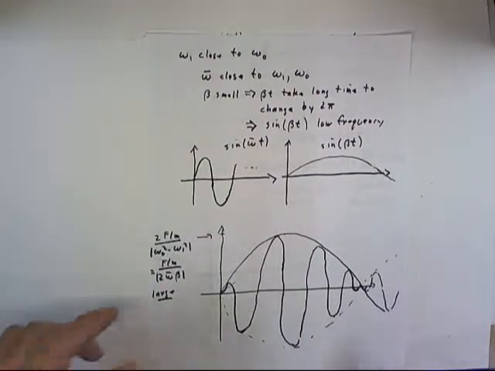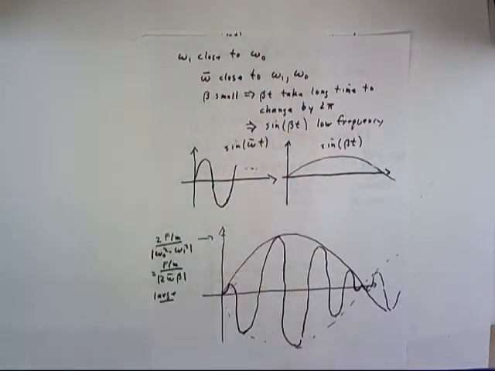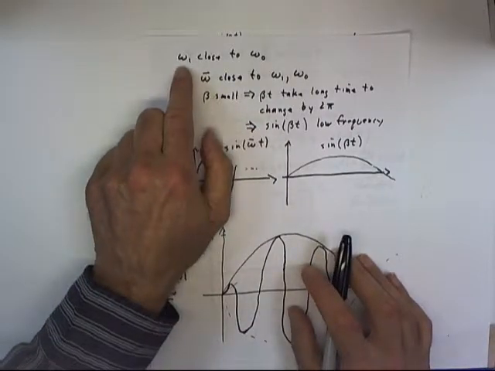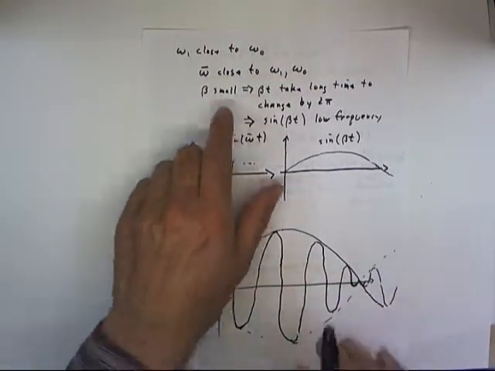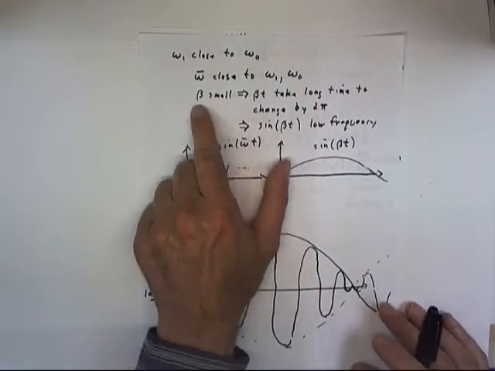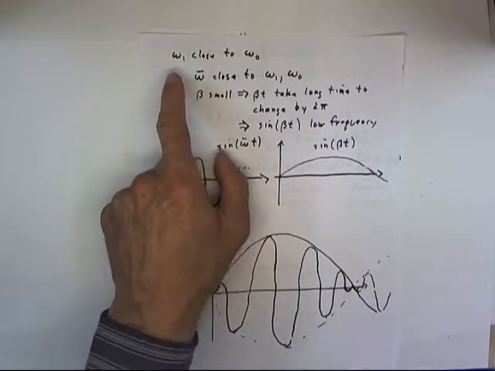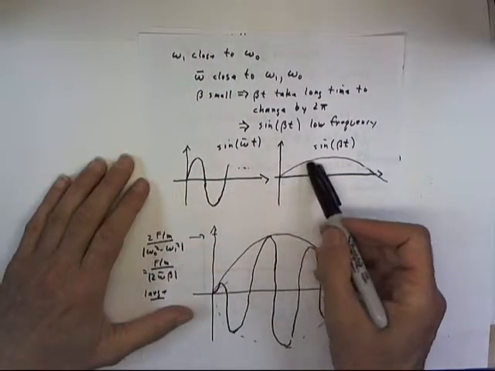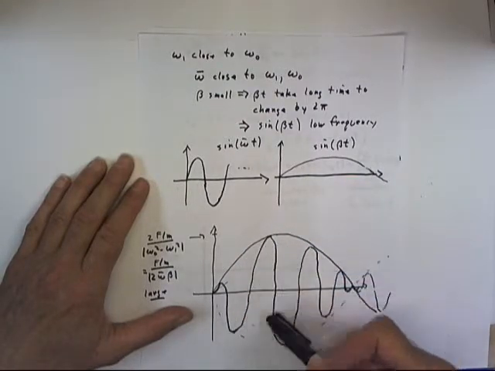Now we want to ask what happens as omega 1 approaches omega naught. That is, as our driving frequency approaches the natural frequency of the oscillator. Well, as omega 1 approaches omega naught, the first thing that happens is beta gets much, much smaller, beta being the difference between omega 1 and omega naught. So that our sine beta t function, which forms the envelope within which the oscillations occur,